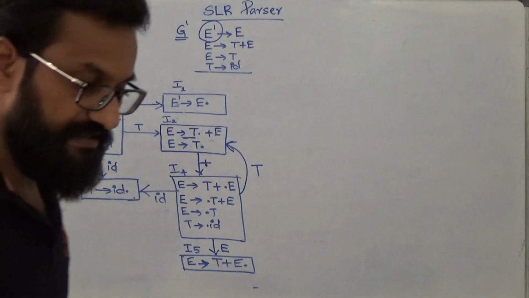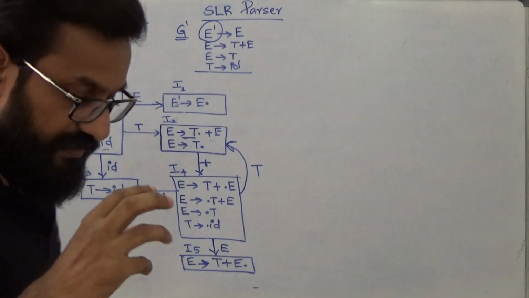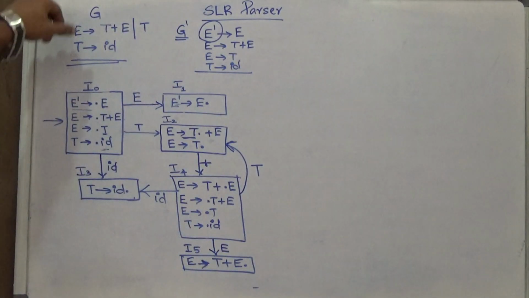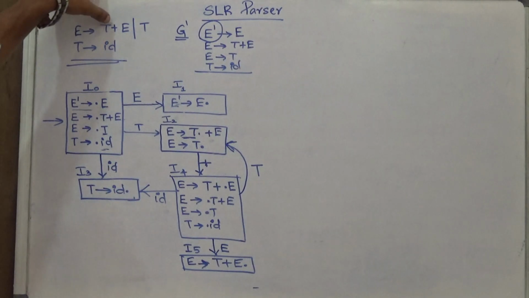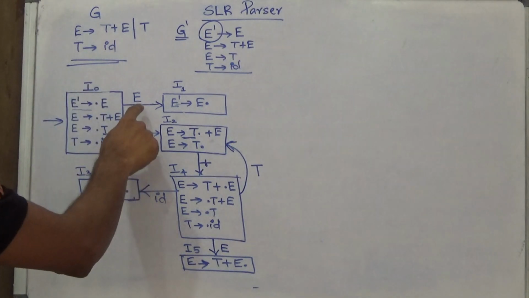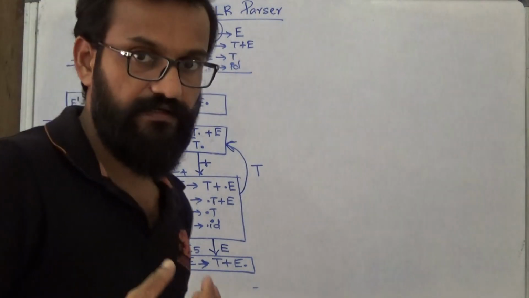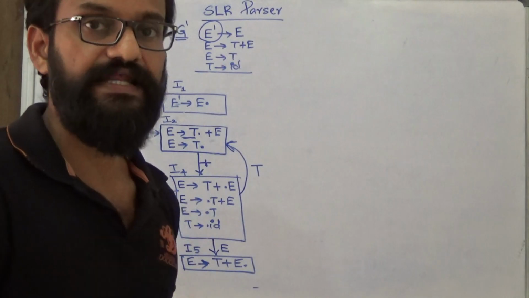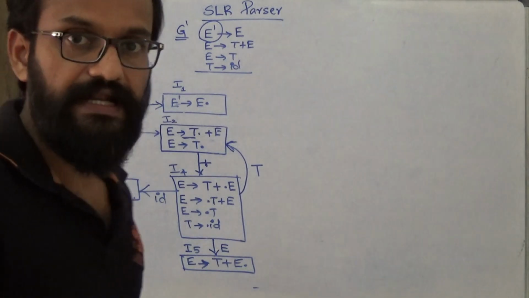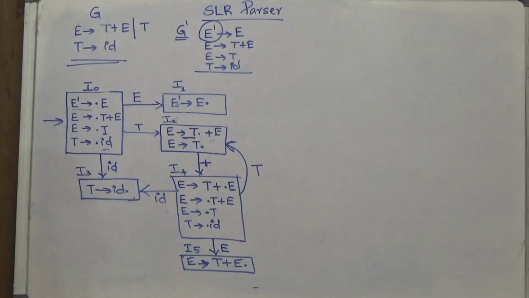This is said to be deterministic because for each item set, the transition for each grammar symbol is unique. If we consider this one, the grammar symbols are T, plus, E and ID. If I take I0, it has a unique transition for E, T and ID and no transition for plus. If it does not accept a transition for plus, then it actually moves to a trap state, a dead state. You cannot identify multiple transitions for the same grammar symbol from a particular state. That's the reason for calling this a deterministic model.